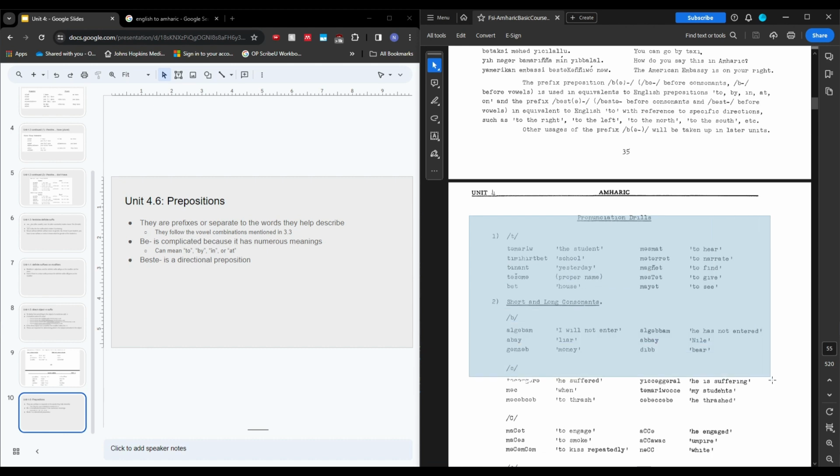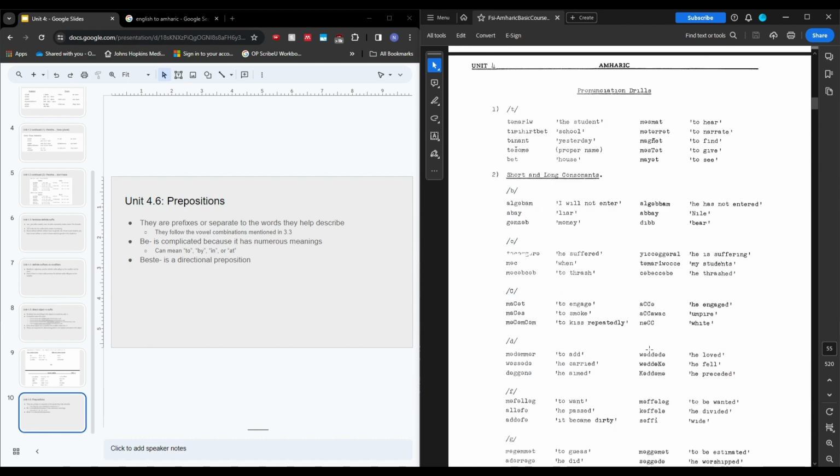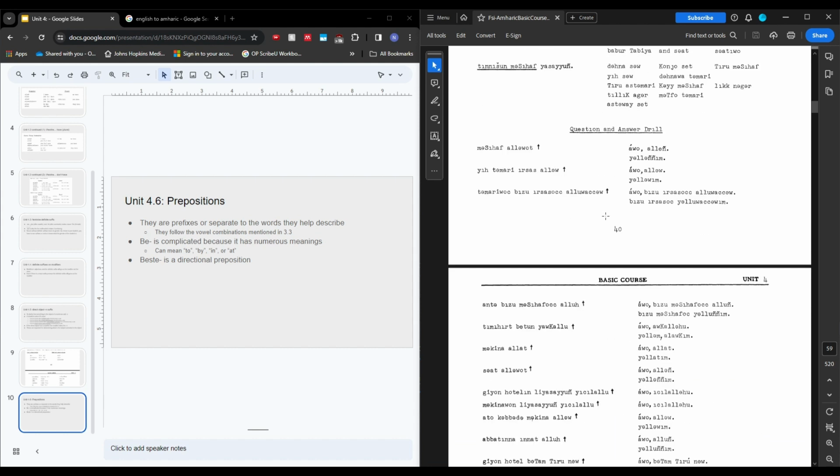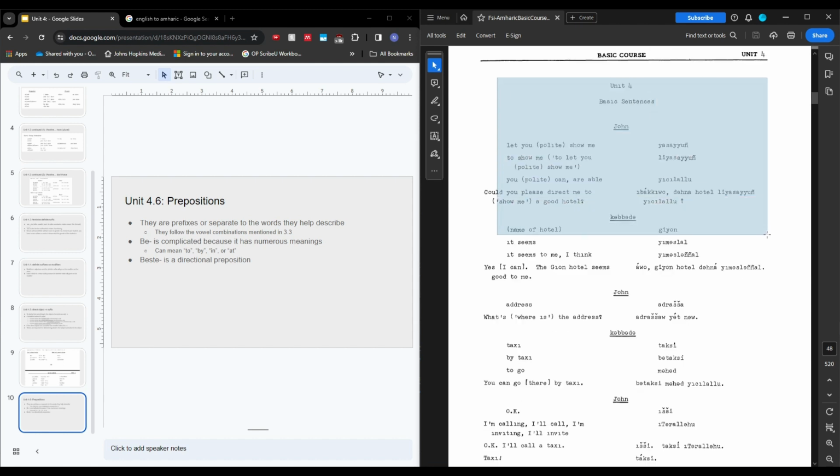Of course, there are great pronunciation drills to use at the end of the chapter, great substitution drills, great correlation drills, the question and answer section. And I know I'm saying this at the end of the chapter, but it's always great to read through the basic sentences that open up the chapter to try and pick up some catchphrases and words to use. A lot of those things that you pick up in this section, like here, yasayun, which they haven't really explained how to say, but they tell you the meaning here, it was used. So you can pick up a lot of great words and catchphrases that will be used throughout the upcoming chapter and then chapters that come after.